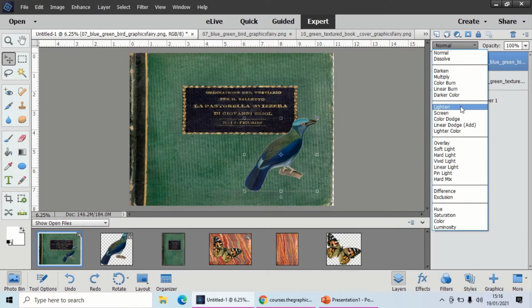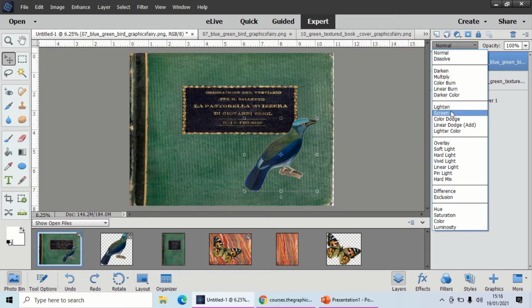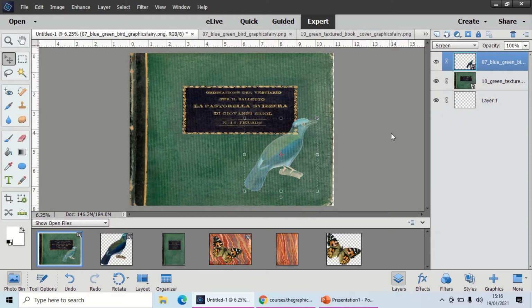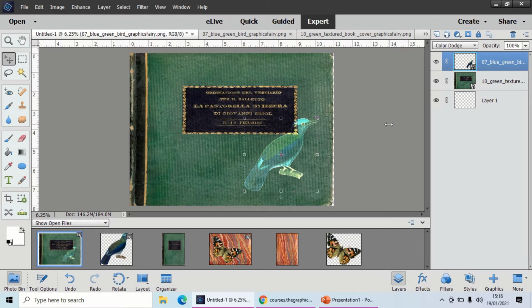And then if we start on our lighten, again, you've got not much left there. It's literally lightened every dark colour on that image. Coming down again, we've got screen, which we're quite familiar with. This has just provided a very pale version of the image. That can work really well sometimes if you've got a page that you're decorating images with. Colour dodge. Ooh, that's kind of made it a bit more green. Very, very pale. Just undo that one,